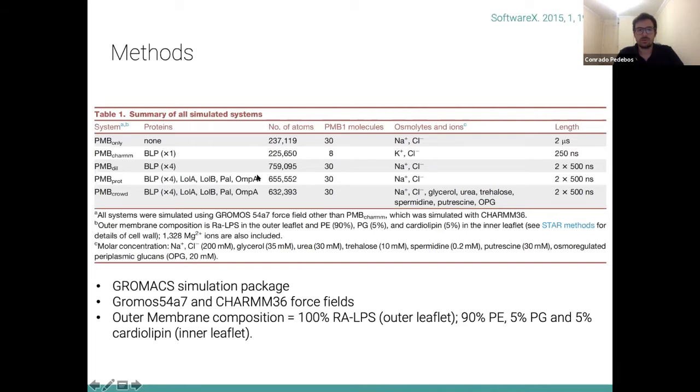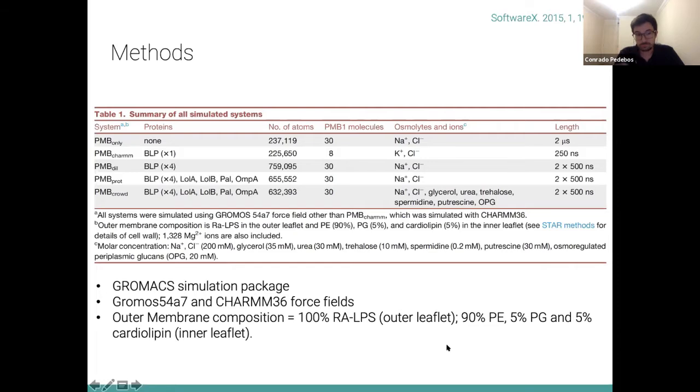followed by another system with 4 Braun lipoproteins, LolA, LolB, Pal, and OmpA, which are all proteins that are quite abundant in E. coli. And finally, we have the most crowded system, which is similar to the previous one, but we also included a range of osmolytes to try to really mimic a more realistic model